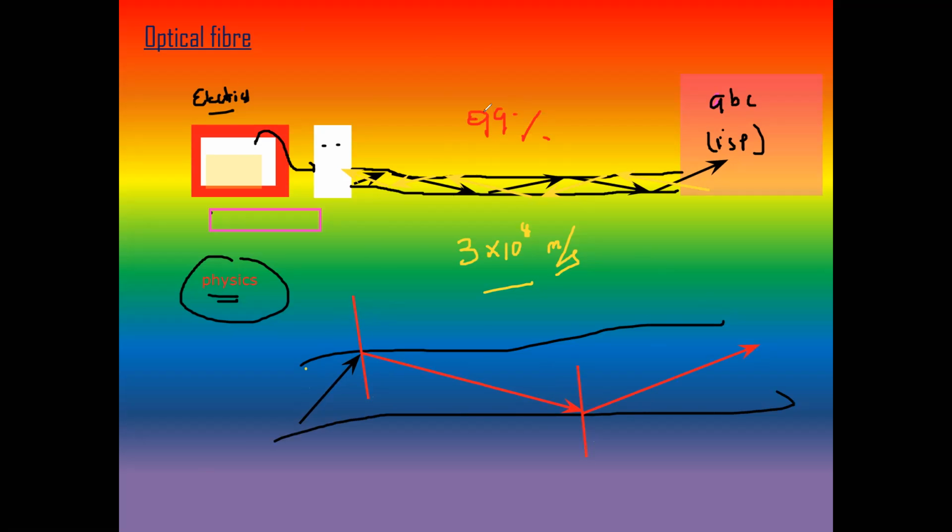A very small amount of light can escape if there is a bend or curve in the passage, but about 99% of the information transfers from one place to another. Yes, what's your question, Hashim?